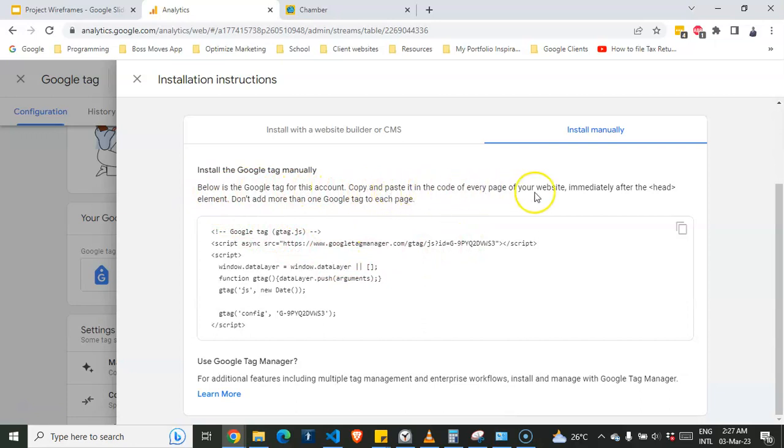They tell you where you should paste it. You are told immediately after the opening tag for the head element. Okay, so you can see immediately after the head element. Okay, so you're going to add it for all the other pages. So all I do is click on this one,